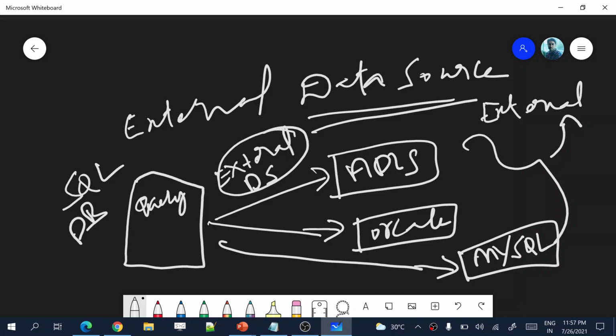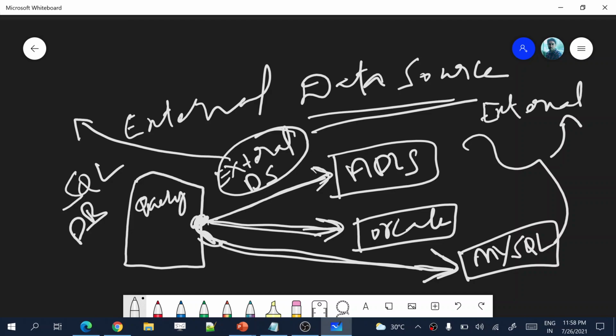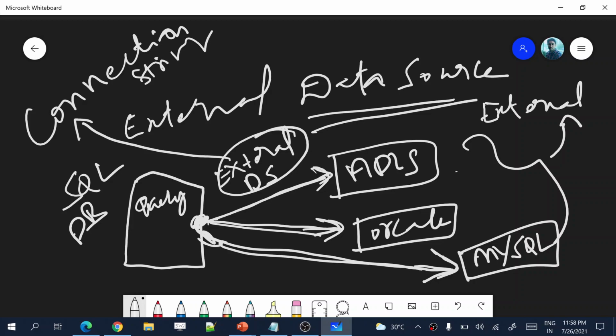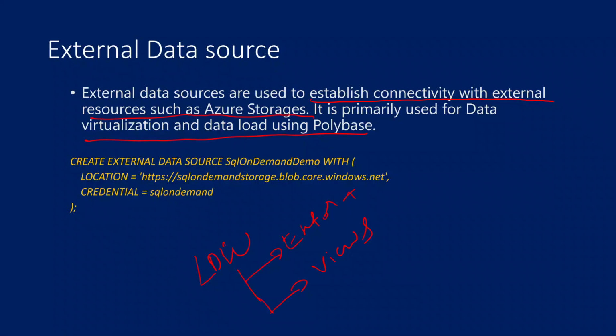This external data source allows your SQL DB to connect with external resources and get the data from there to query for analysis. Think of external data sources as nothing but connection strings for external data storages. Using the external data source, your SQL DB can go and get the data from those different resources.